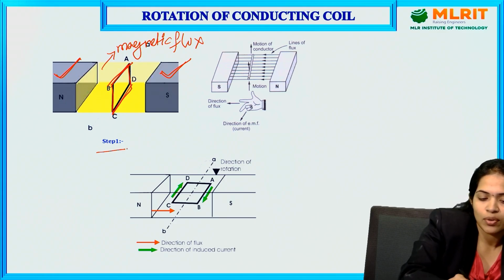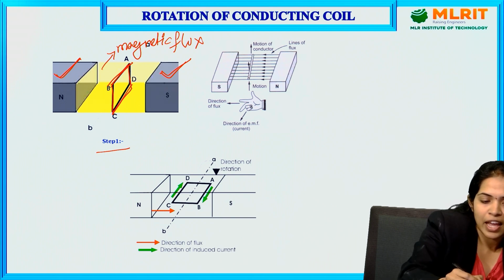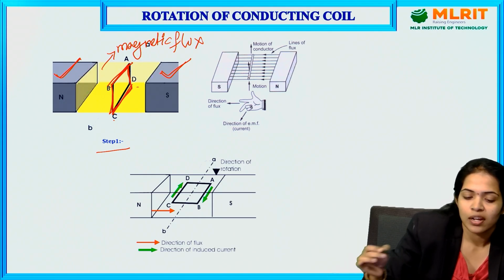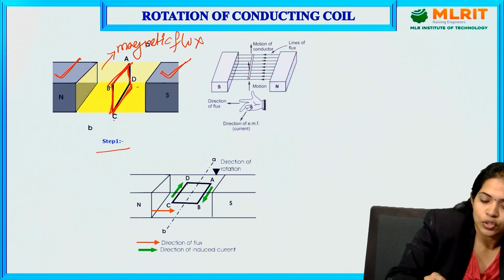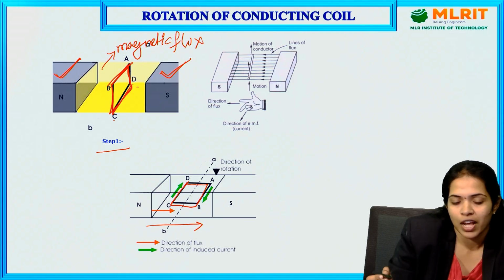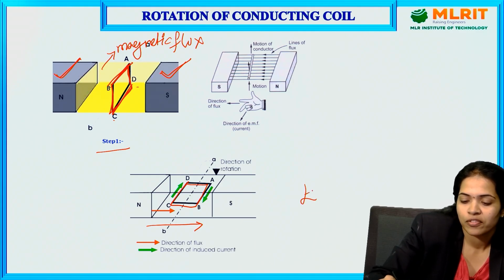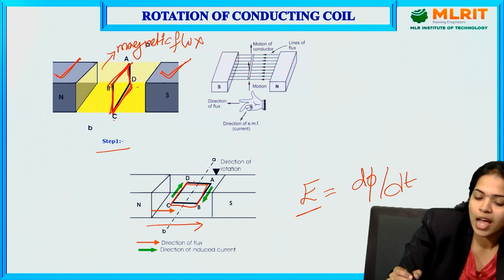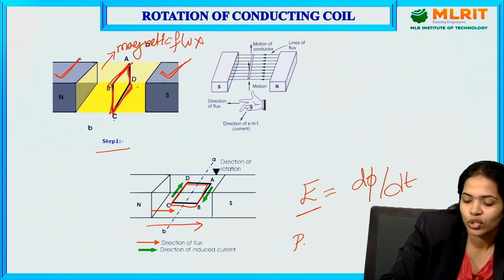In step number 1, we can see the A, B, C, D of this current carrying conductor coil when it starts rotating. So now in this step, this coil is parallel to the direction of magnetic flux. So in this case, the EMF is nothing but d phi by dt, and this value of EMF when the coil and the magnetic flux are parallel to each other,